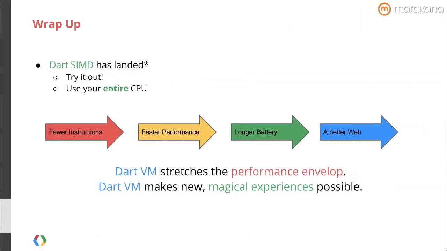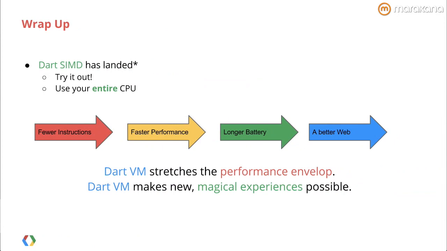So wrapping up, Dart SIMD has landed. It's in the VM now, so if you go and download next week's release, it should be there. I put an asterisk there because what has landed is the new types and the new operations that you can perform on them. What hasn't landed yet is the optimizer, and that's coming in a week or two. So little pieces of the optimizer will be landing over time, and these algorithms that you write tomorrow will start to get really fast, just magically.